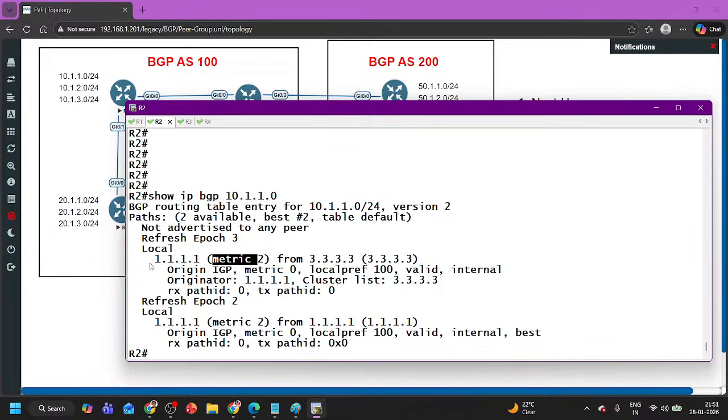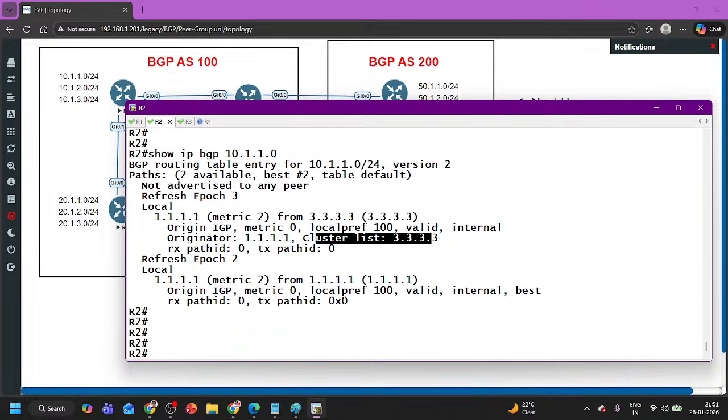Next hop IP address is also one attribute. Origin code is also one BGP attribute. Local preference is one BGP attribute. Originator ID is one BGP attribute. Cluster list is also one BGP attribute. AS path is one attribute, but here we are not able to see any AS path because we have an IBGP